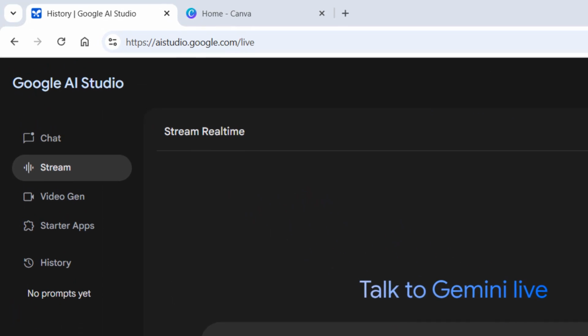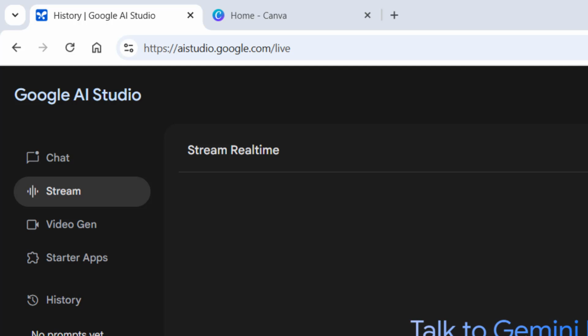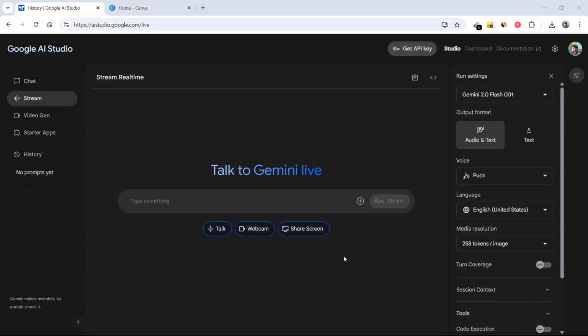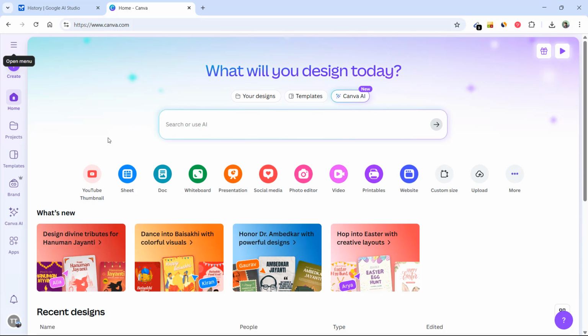In this video, I'll show you how to use Google AI Studio to screen share and learn about any software that you have opened in another tab or on your computer. In my case, I have Canva opened on my Chrome. So I'll be sharing this tab with Google AI Studio through screen share and ask Google AI Studio how to